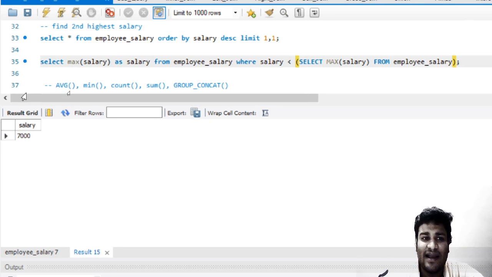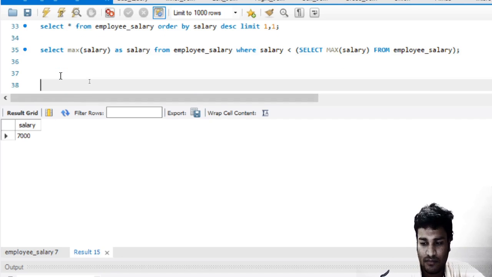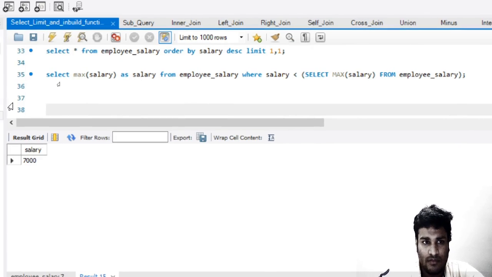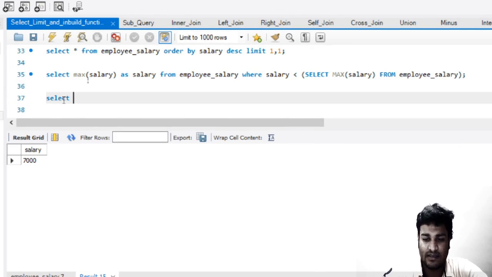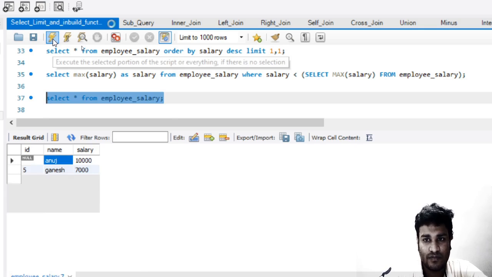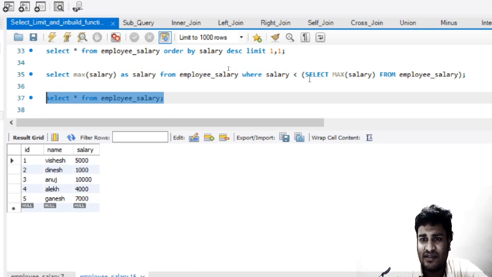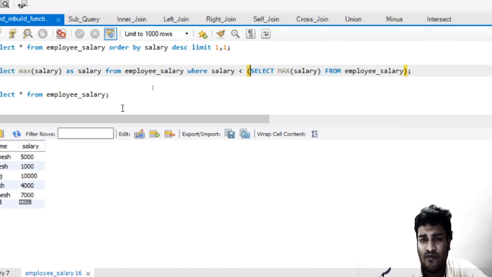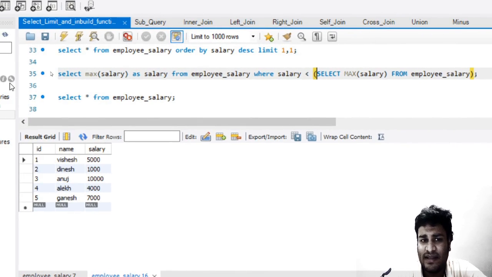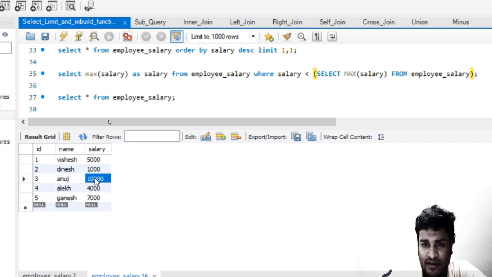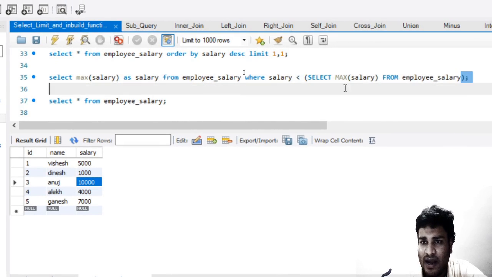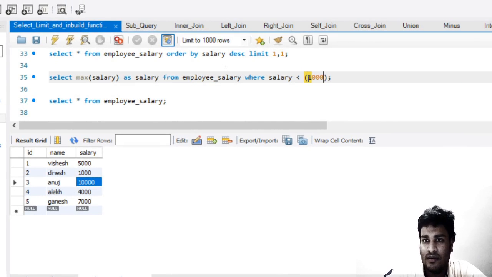So it is something like this: select star from employee_salary. This part of the query, which is marked between the yellow parentheses, says pick up the maximum salary, which is 10,000. So just mark it as 10,000, right?